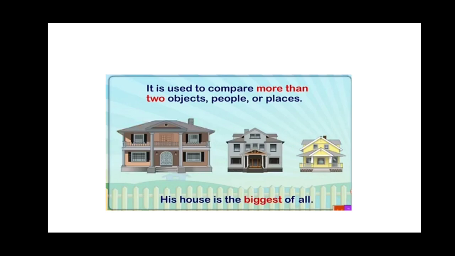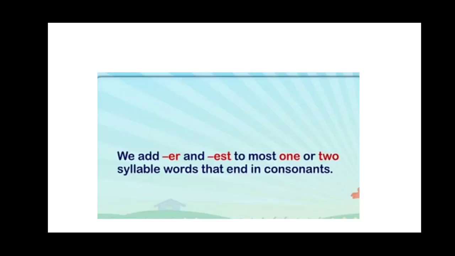See the example: his house is the biggest of all. Here three houses are there. Which one is biggest here? The first one. So here we are comparing more than two objects. Clear? What is the rule here? Big, that is adjective, plus est. Before that you should add the. His house is the biggest of all. So before superlative degree you should use the. Clear? So the plus adjective plus est. That is the rule for superlative degree.